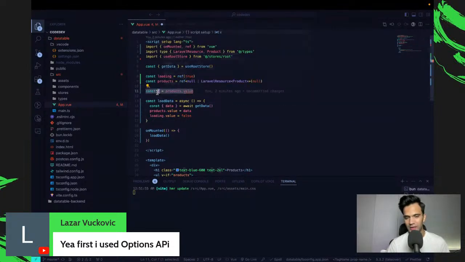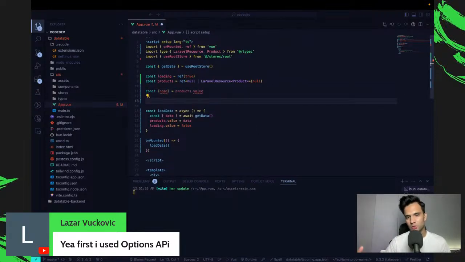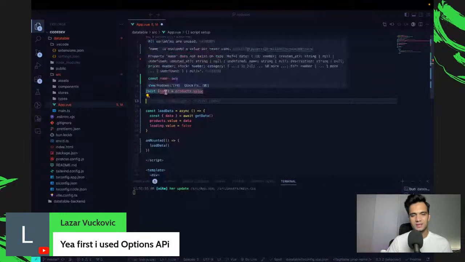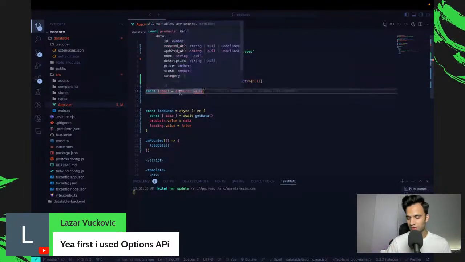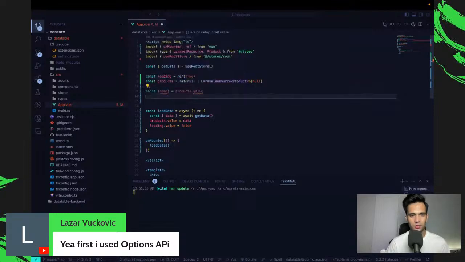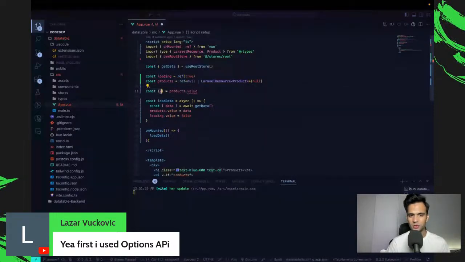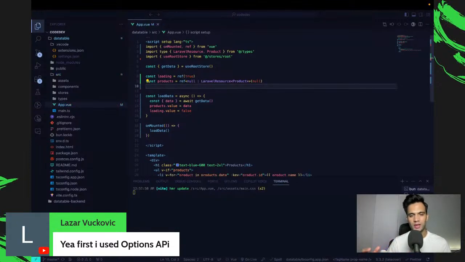But if I take a value out of it, let's say name, or imagine that name was an object itself. Now, as soon as I destructure it, the reactivity is lost. It's not reactive anymore. So when you're working with these nested objects, you always keep losing the reactivity. That was one of the issues that I had with Composition API, that it took me a lot of time to really get my head around how reactivity works and how to make sure you don't lose reactivity,